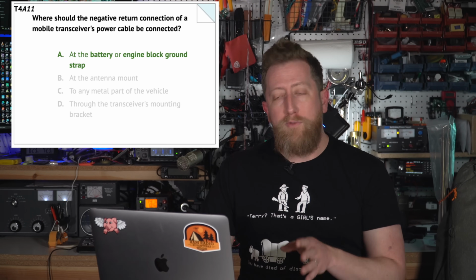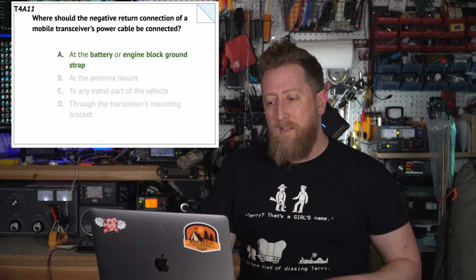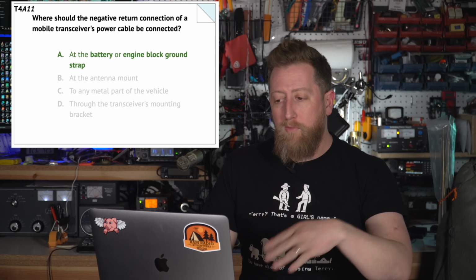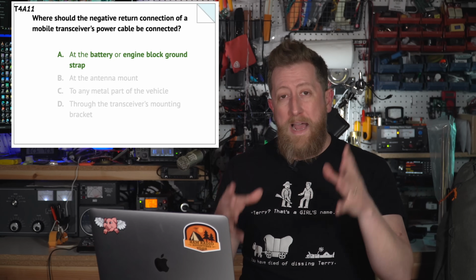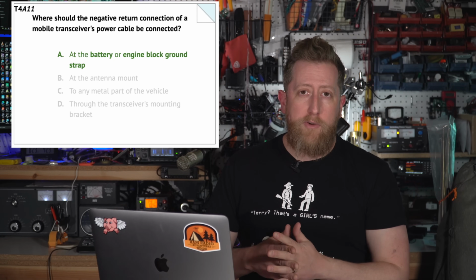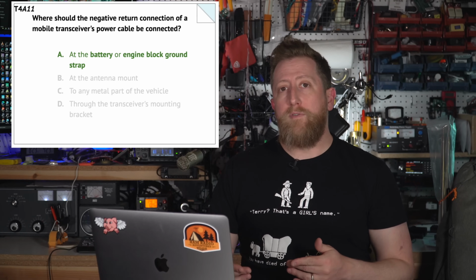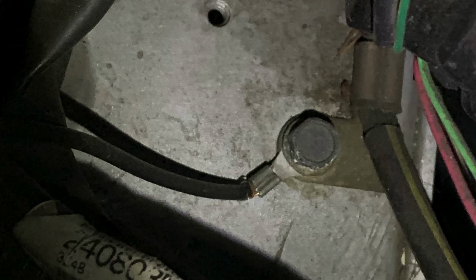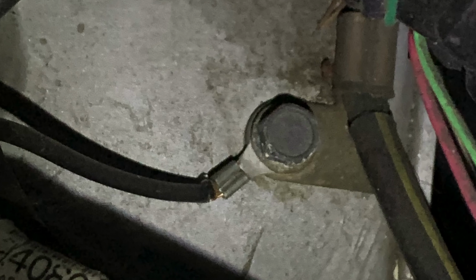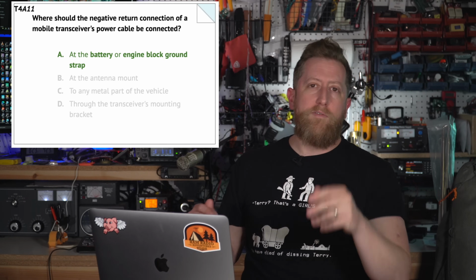And I would like to make a bit of a note on that latter engine block ground strap thing. On a lot of cars where your battery is, your 12-volt accessory battery for the car, there is going to be a negative terminal, and there will likely be some kind of ground connection to chassis right by that negative terminal. On most cars, not all of them.